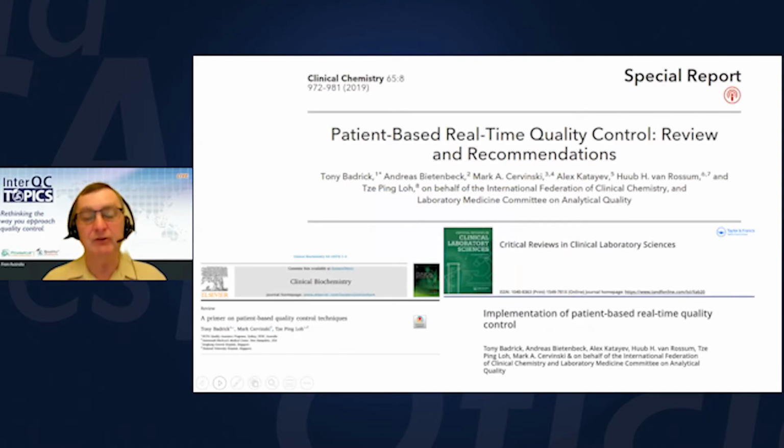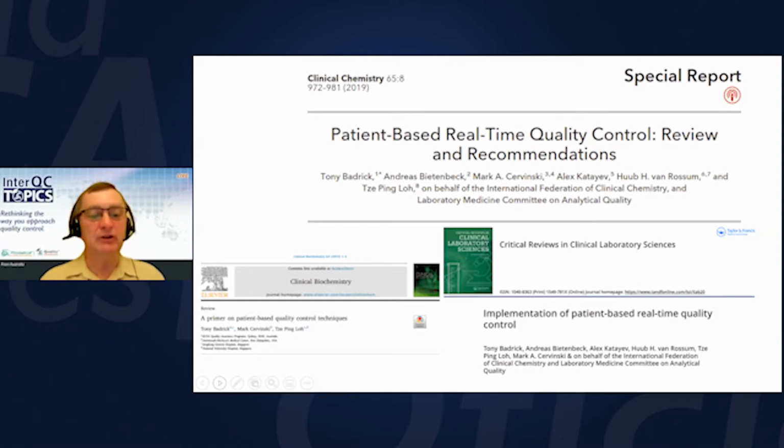So there's nothing new about this. The only thing that's happened recently, perhaps over the last 4 or 5 years, is that a lot of work has come out to look at the theory behind how this works. An IFCC working group was formed in about 2017, and that group has published a whole series of papers about how you actually do this. How do you make this patient-based real-time QC work? What's the theory behind it? How do you implement it? How do you validate it? What are the IT requirements? And then a few other papers really around